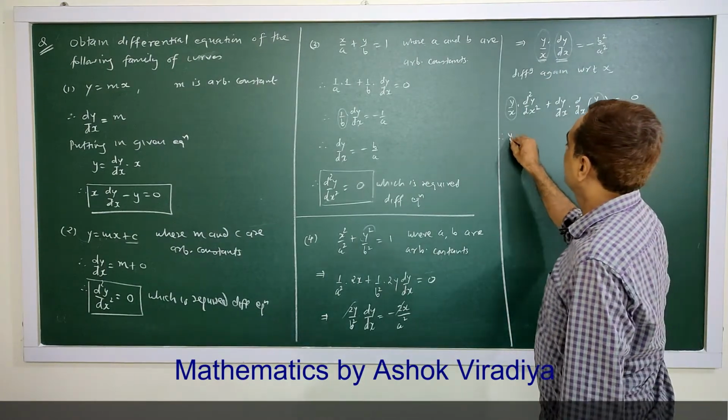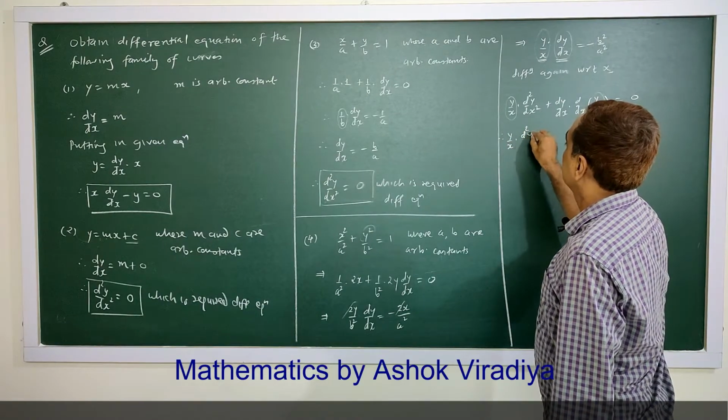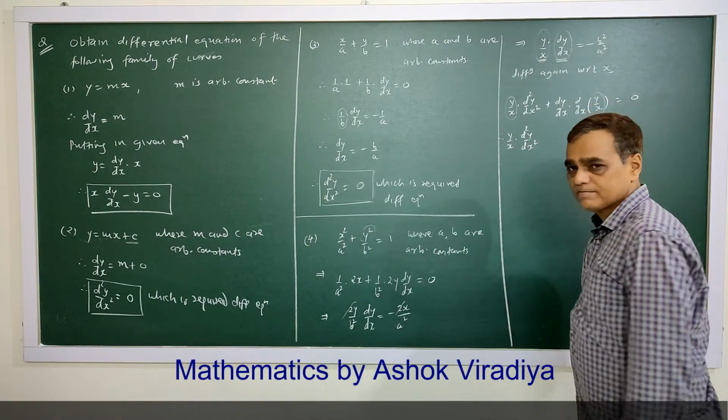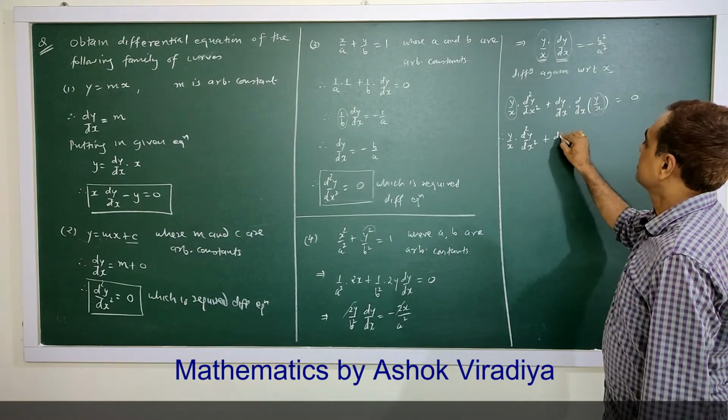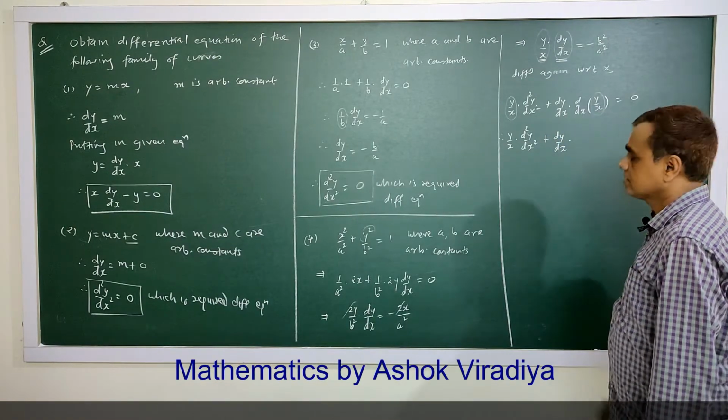The derivative of the right side is 0. Therefore y by x d square y by dx square plus dy by dx